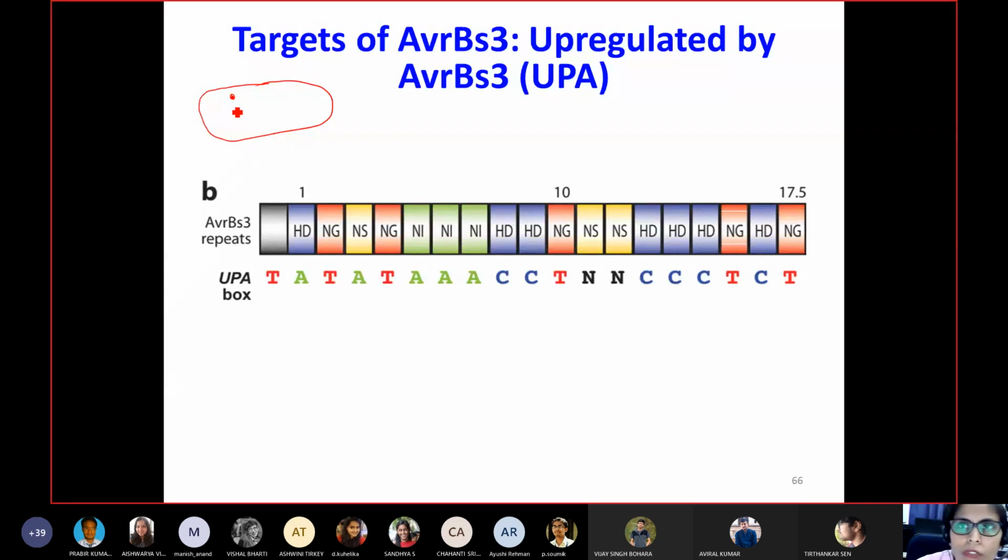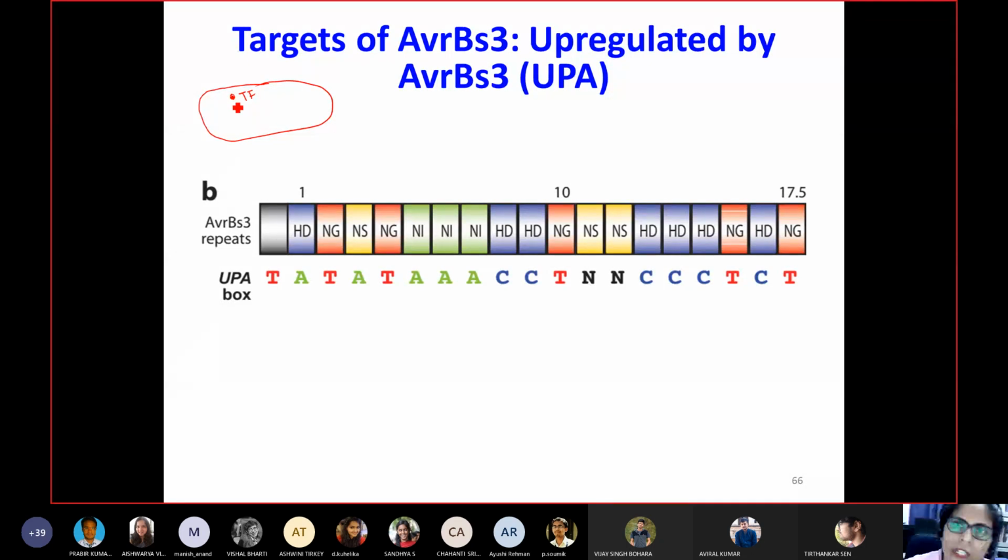BS3 repeats. So if you see, this is the transcription factor, it enters into the plant cell wall, and since it has the NLS sequence, it will go into the nucleus, and inside the nucleus, if there are genes, it will bind somewhere in the gene, and then it will help in the regulation of RNA production and upregulation of some kinds of genes. So basically, a lot of genes were found to be upregulated upon entering of a transcription factor or TAL, transcription factor-like protein, effector proteins. So this was the case.